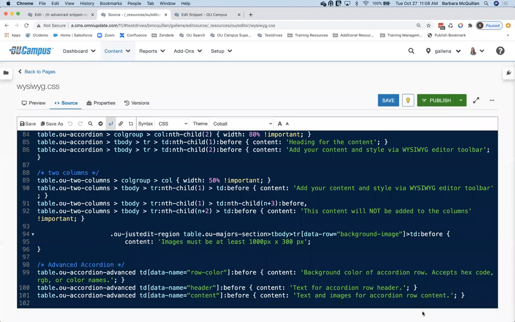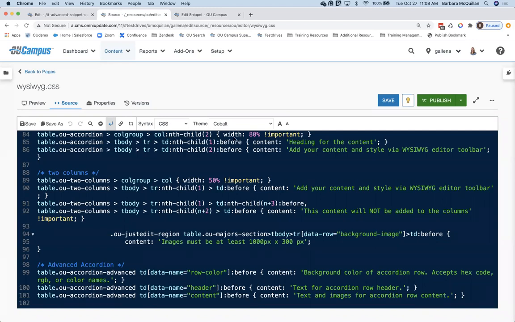It is just a way to target, so you're not accidentally conflicting with any classes that may already exist inside your implementation. But if you are very familiar with the CSS that your implementation is using and you're very comfortable creating classes on those TDs, you could. It absolutely is targetable that way. I like data-name because there's no confusion there. It is absolutely being used specifically for this purpose.